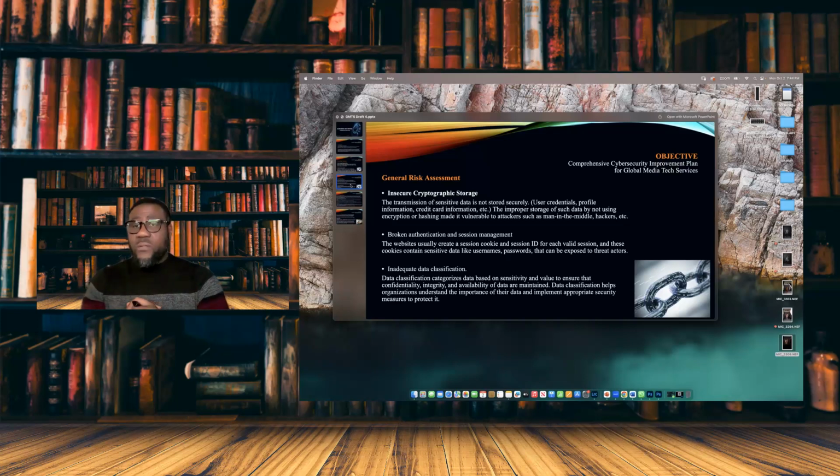Inadequate data classification was another one. This one is very big. You have to understand the data that you are handling. The first thing is we have to start really working with other groups to identify what type of data we are handling. We have to work with RIM management, with application owners, with business owners, to really tell us what things will be passing through this network channel, and then we can put in things like WAF.